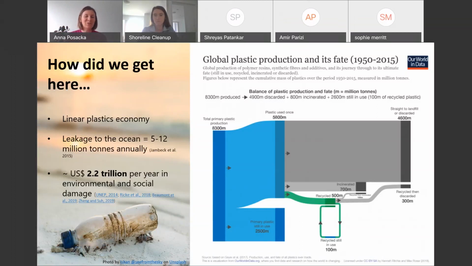But what I just wanted to reflect on is the good news: if we designed this linear plastics economy, this sort of system, we can also redesign it. We can come up with one that places emphasis on regeneration of plastic materials and keeping them in our economy. So there are definitely lots of opportunities for us